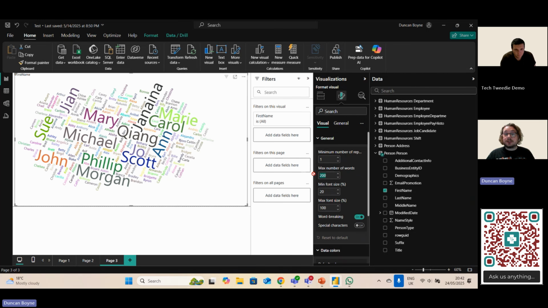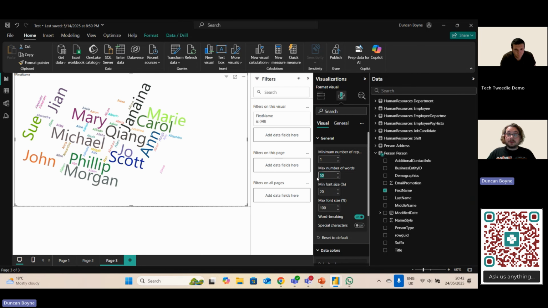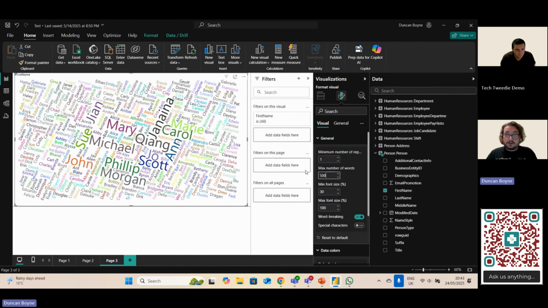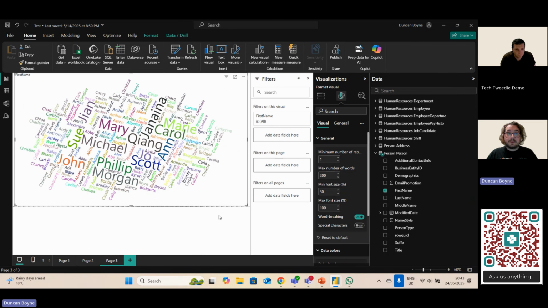Max number of words, you can change that. If you are only looking for the top 50 words because you want it really concise, top 50, or if you're like, actually, I want to see all the words, let's go for 1,000. And then you are absolutely filling up. You can change the minimum and maximum font size. So if you want to say, actually, I want the little ones to be slightly bigger because they're unreadable, let's go for 30 on there and go back down to like 500 on here. I know, it's actually not displaying that many, is it? All right, like that. And it's not got a huge amount of use cases, but for those ones, almost like